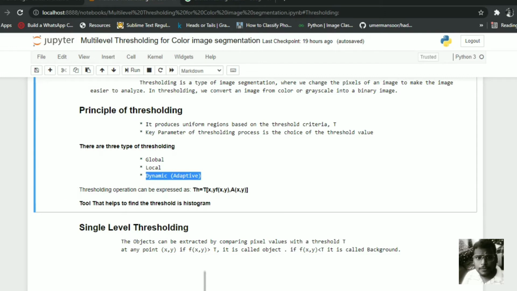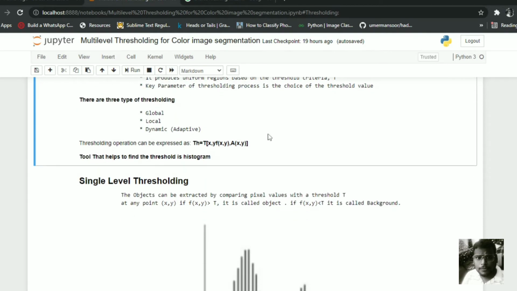The thresholding operation can be expressed as T = T[x, y, f(x, y), a(x, y)]. Here x, y are the spatial coordinates, f(x, y) is the gray level of the pixel, and a(x, y) is some local property of the image. A tool that helps to find the threshold is the histogram.